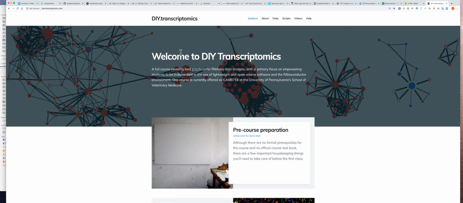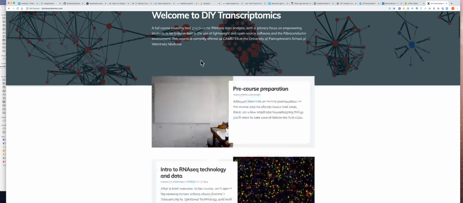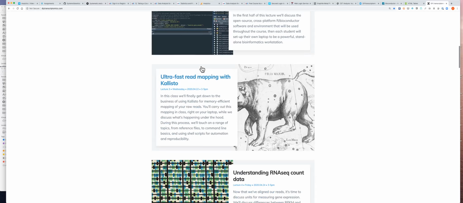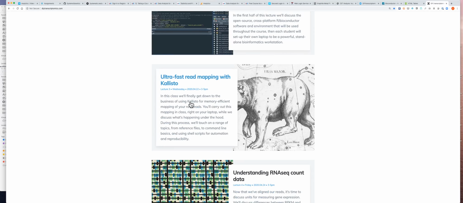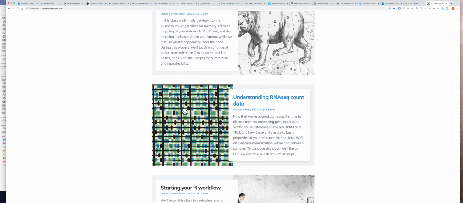We're going to spend all of lecture 5 really working in that step 1 script that we had opened and discussed at the end of the last lecture. So if you're on the course website and you scroll down the syllabus, we've already completed read mapping using Callisto, and we spent a lot of time in the last lecture talking about the output that Callisto produces and how we think about units for describing digital gene expression and how these units relate to really fundamental concepts in transcriptomics